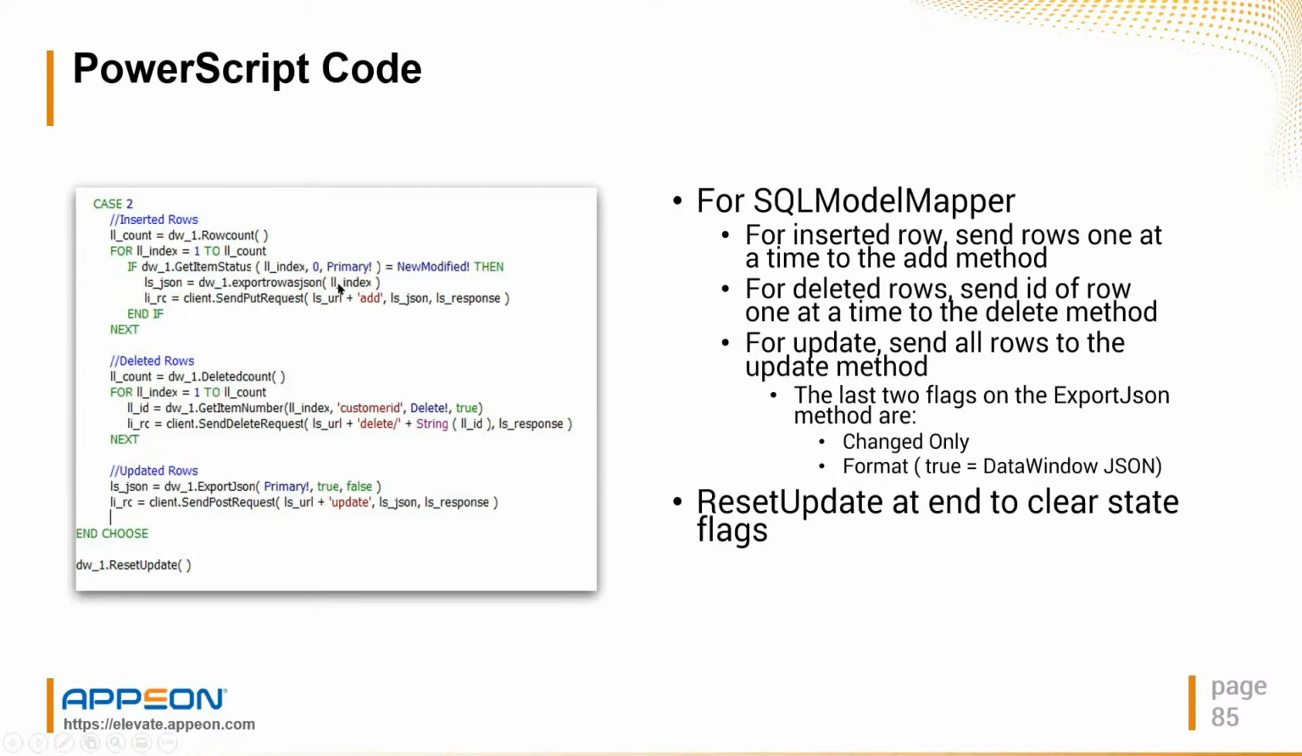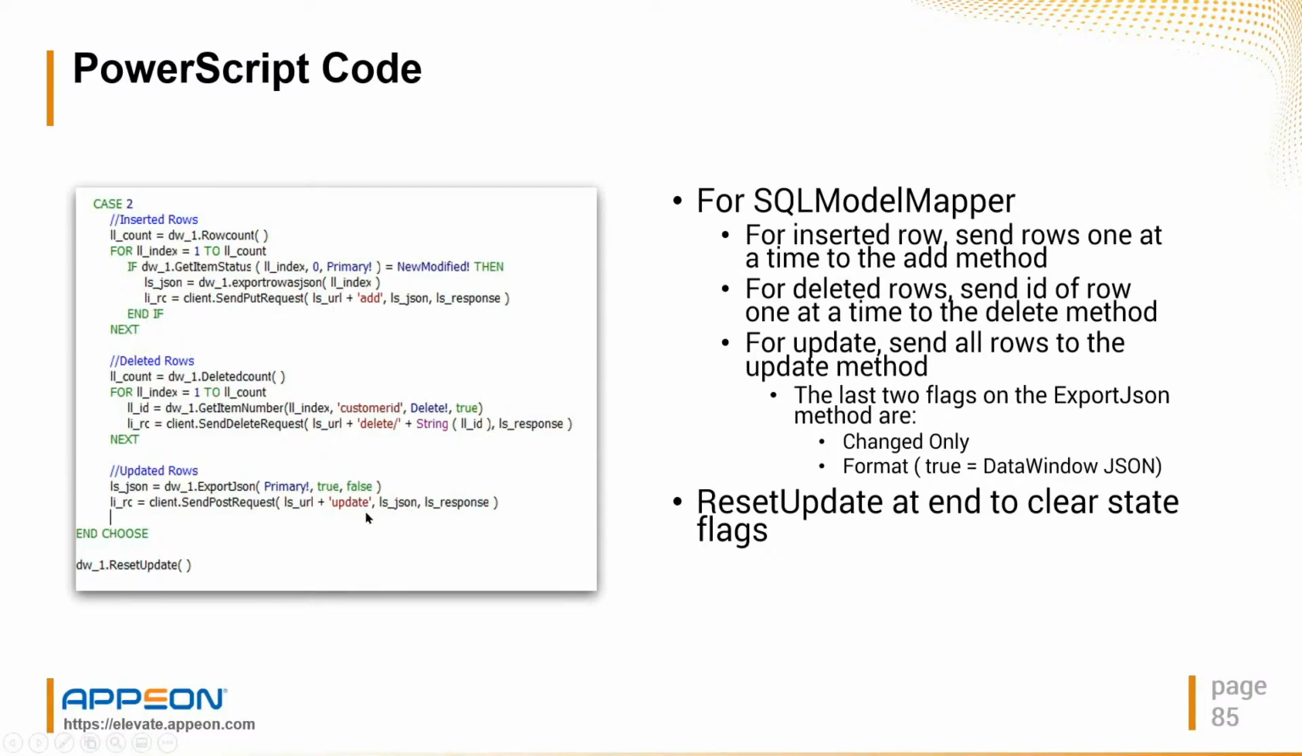And then like I said, for the add, we're just sending the add one row at a time. Now for the update, we can actually save a step here. We don't have to do it a row at a time as we're doing here. So what I'm doing here is I'm saying export JSON, and I'm saying just export the changed rows and do it in just plain JSON format. Okay, so now I have all my updates, just the updated rows, exported as JSON, and I send them in